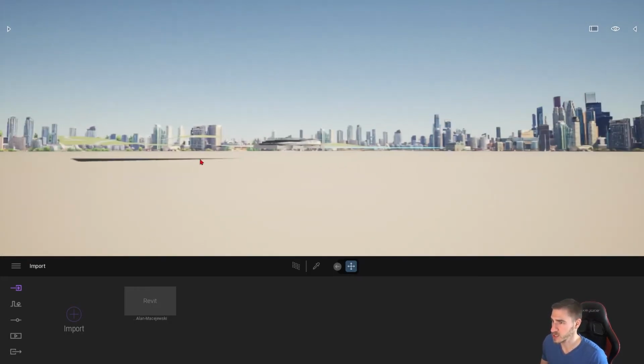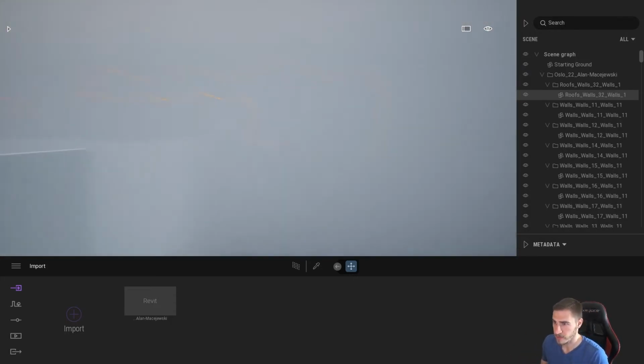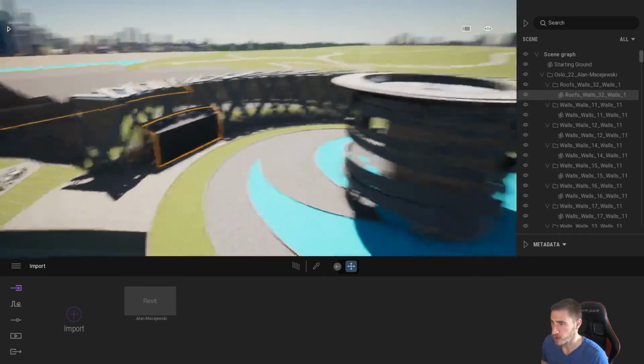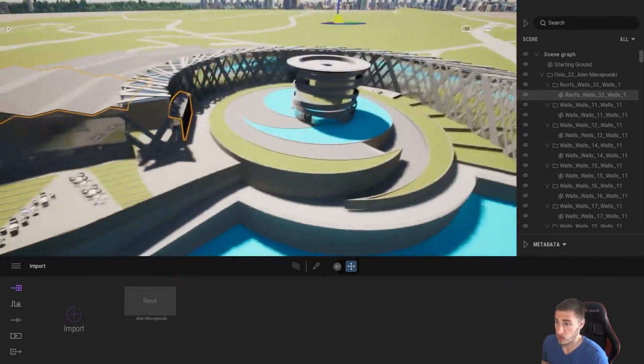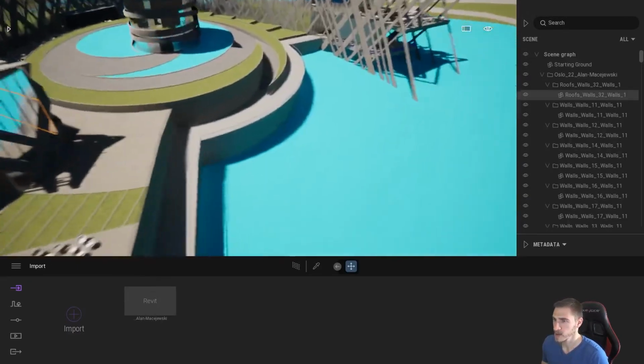That's not a big deal. But okay, so we can see it's way over there. So how do we get over there? Well, I can select anything here, and let's just go ahead and select this random roof and press F. It's going to take me to that object. So we're in the middle of everything here. Let's get out of here. This is a bit of a mess. And okay, here we go. So we successfully brought everything in, and it looks really good, apart from some of the water,